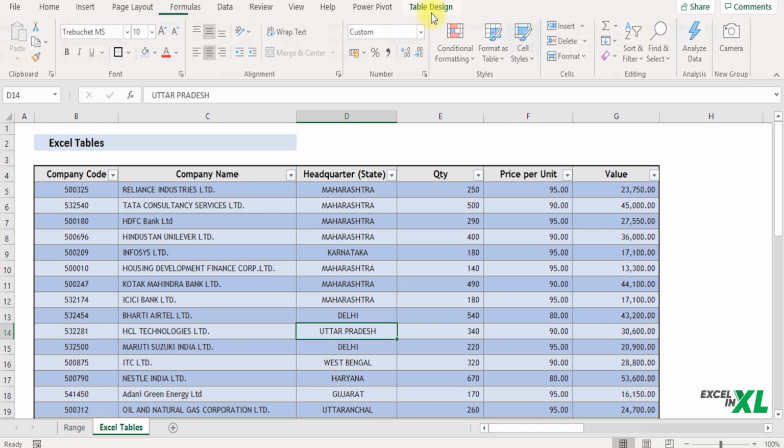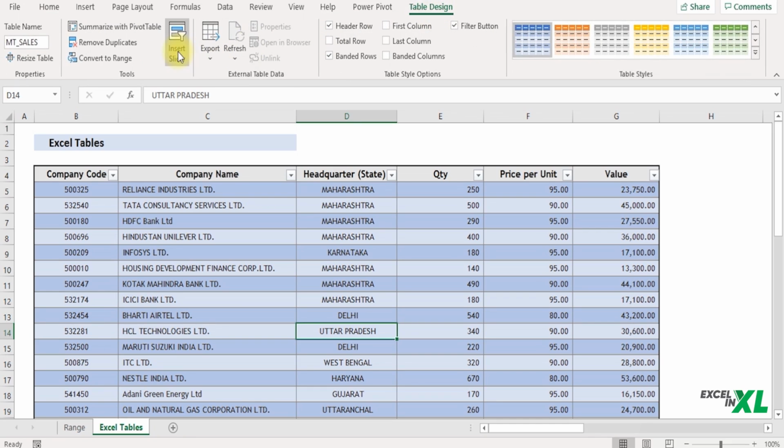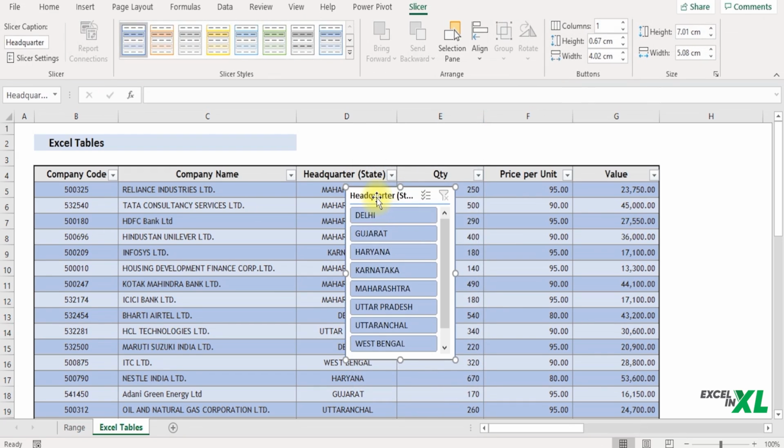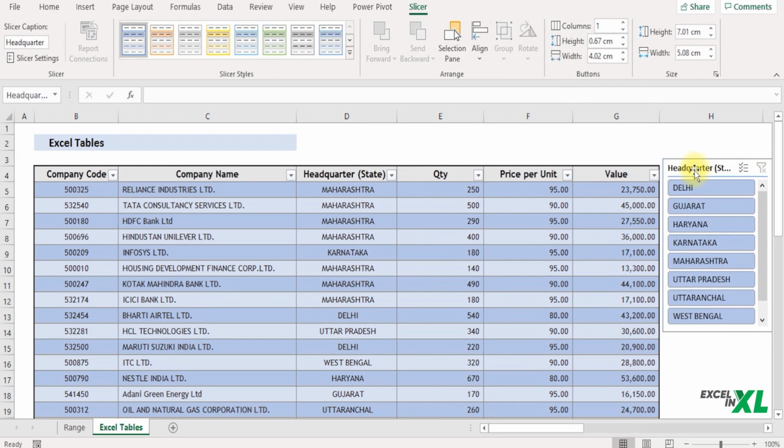You can simply go to the Table Design tab and click on Insert Slicer. It will list all the column labels of your table and you can choose which one you want to filter. Let's say I select the headquarter and click OK. It gives me the slicer for the headquarter.